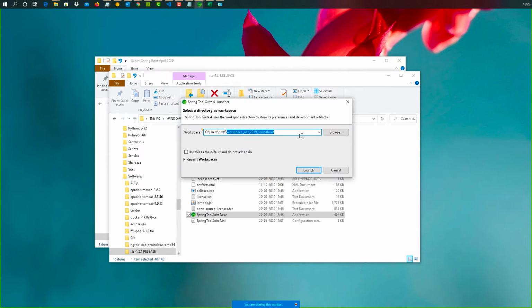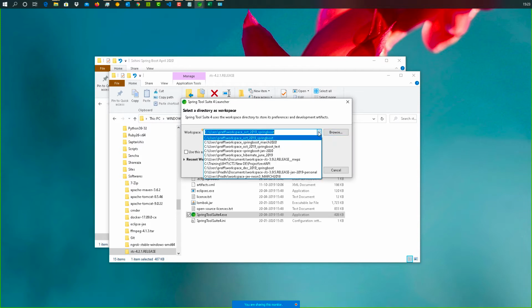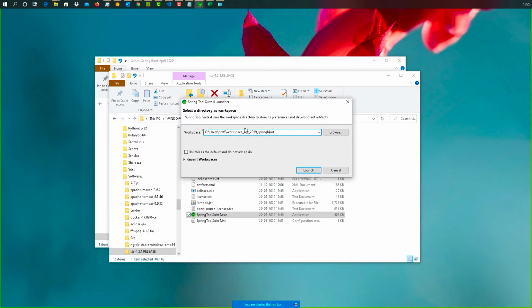Ideally, what is a workspace? Workspace is the folder where all your projects and project artifacts will be created and managed, right? So you can have different workspaces for different projects, right? Whatever workspaces I may have worked with till now are all available over here, right? So for this one, I will create a new workspace, and it is being created inside my C users username